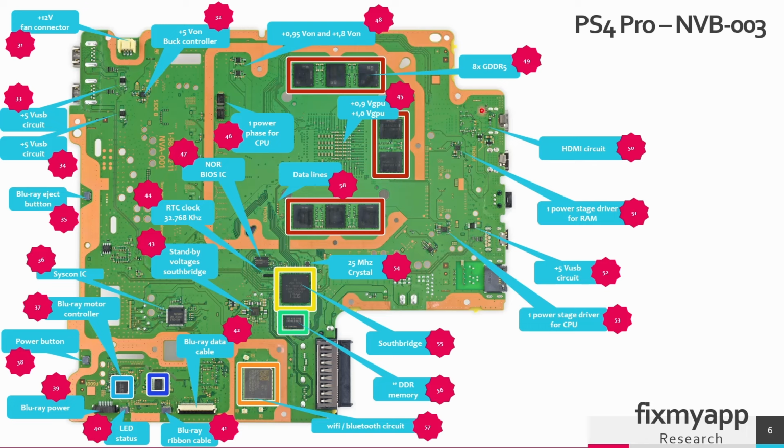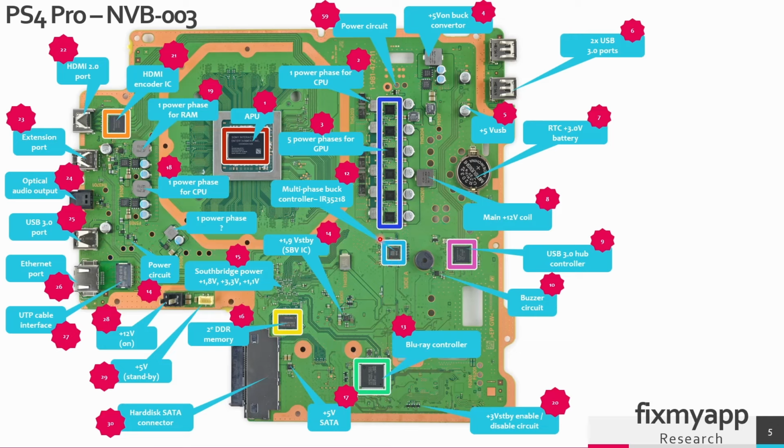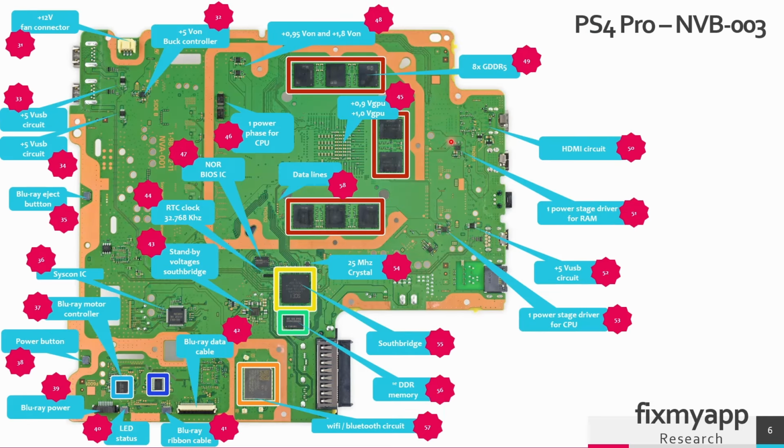And this area is the bottom side of the HDMI circuit. This is a power stage driver IC for the RAM. This IC gets a PWM signal. The PWM signal comes from this multi-phase buck controller. This PWM signal goes to this power stage for the RAM, and it will also go to the power stage driver for the CPU. So this power stage driver IC for the CPU will drive 2 MOSFETs,